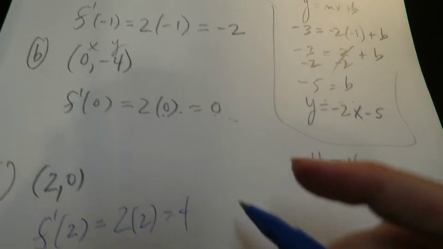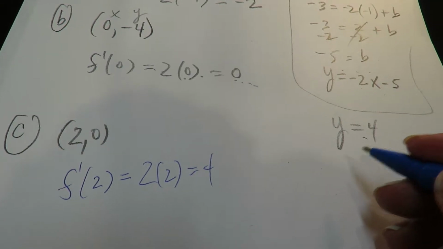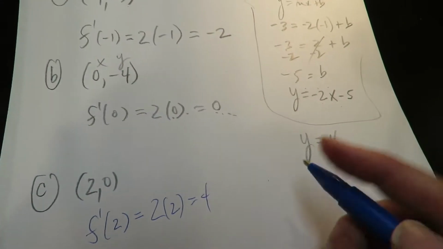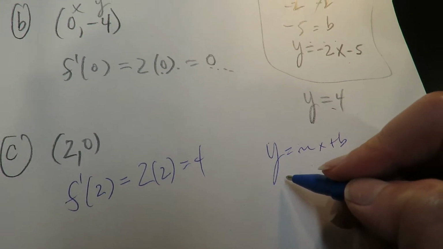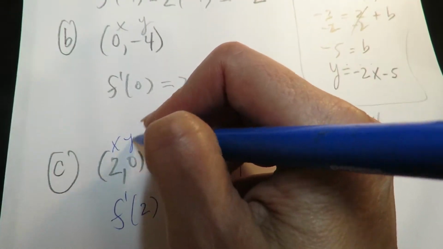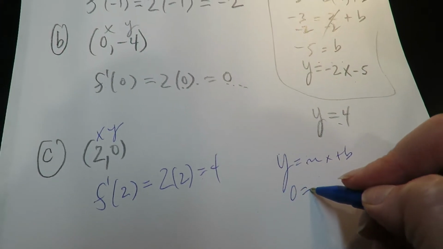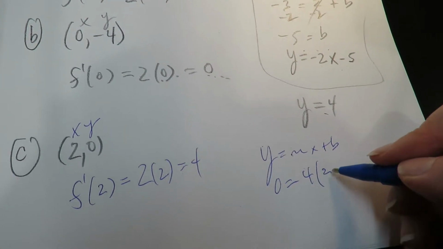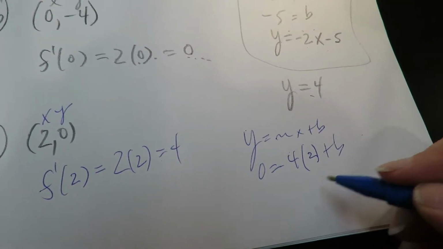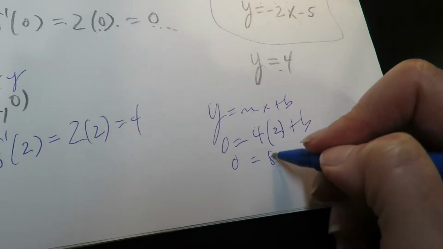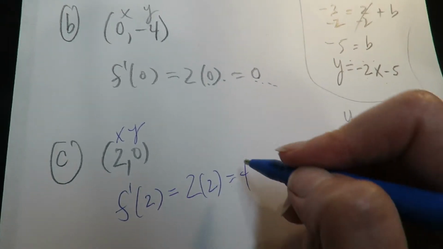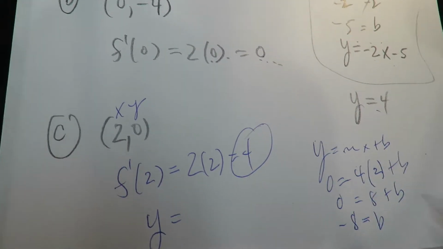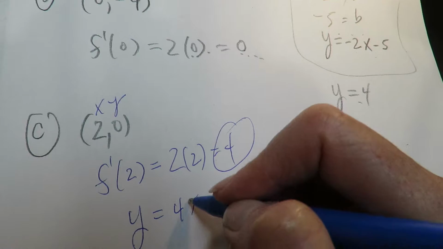And again, if you want me to find the whole equation for you, the y equals mx plus b, right? We know that y is 0. Y is 0, m we just solved is 4, x is 2, solve for b. So this is a slope, but the equation of the line, if we wrote it,